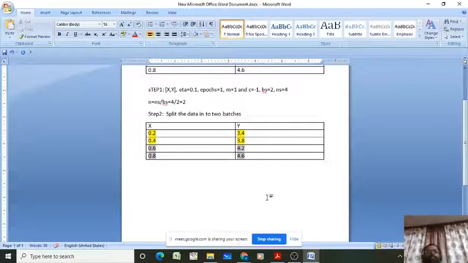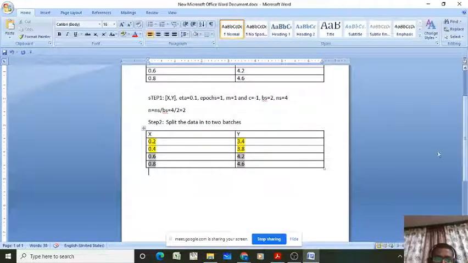Fine. So now your first batch contains 2 samples, that is 0.2, 3.4 and 0.4, 3.8. And the second batch contains 2 samples, 0.6, 4.2 and 0.8, 4.6. Like that, you have to split the data into batches. That is called mini batches.